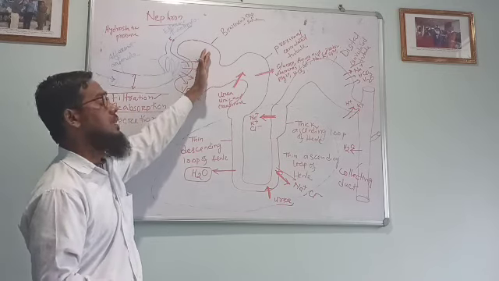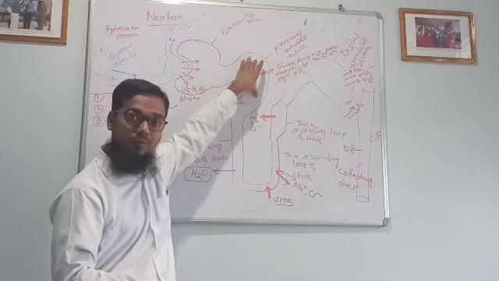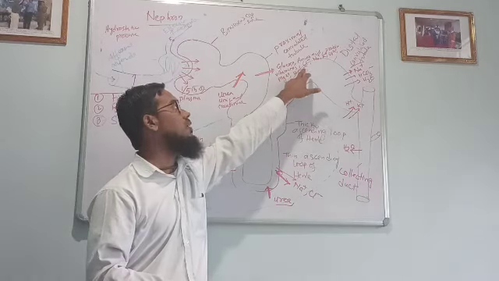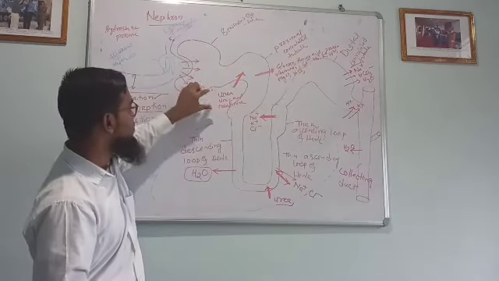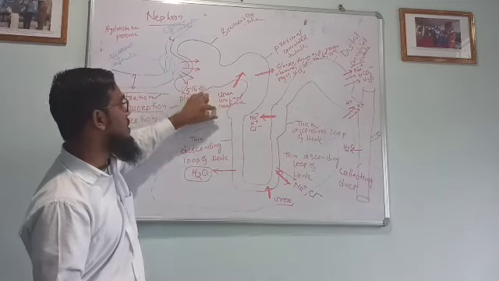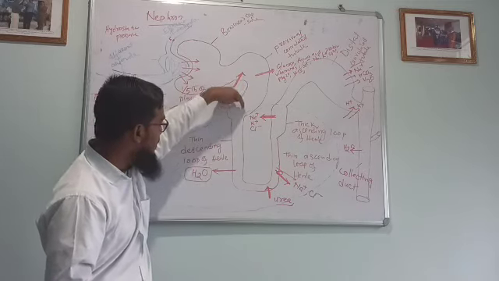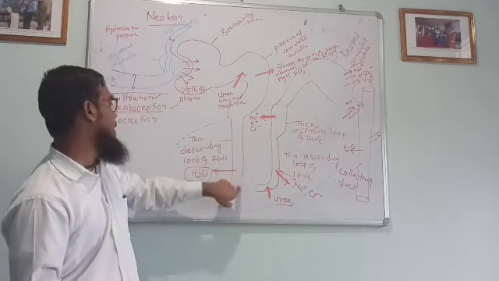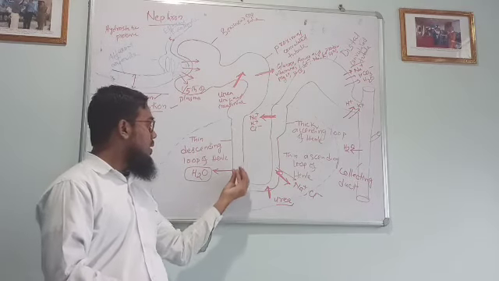After that the filtrate will move to the proximal convoluted tubule of the nephron. There most of the organic compounds and some ions are reabsorbed. In the same place, urea, uric acid and creatinine are secreted. After that, they will move through the thin descending loop of Henle where water is reabsorbed